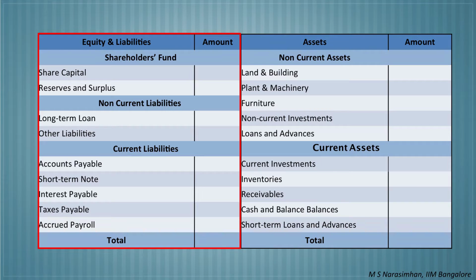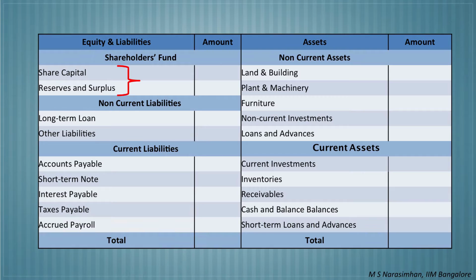Let us start our discussion with the balance sheet. Balance sheet has two sides. On the one side, you will see the sources of funds, and on the other side, you will see application of funds. The sources of funds side of the balance sheet contain three broad sections: shareholders fund, non-current liabilities and